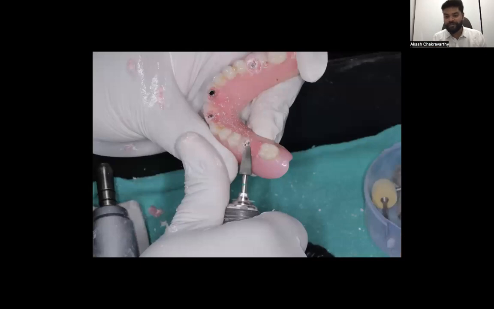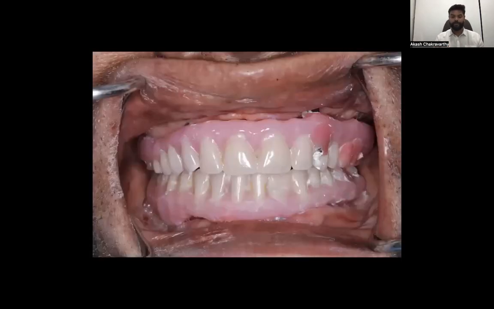Once it is done and we wait a sufficient amount of time, we remove the prosthesis. That is called the pickup. That is why it's called picking up of the prosthesis. Now we pick up the prosthesis and then we convert it into a fixed denture. So we remove the flanges, and we add more acrylic, making a convex surface which touches the tissue, and that is called the denture conversion. Okay, so these are converted dentures placed in the oral cavity on the very same day.